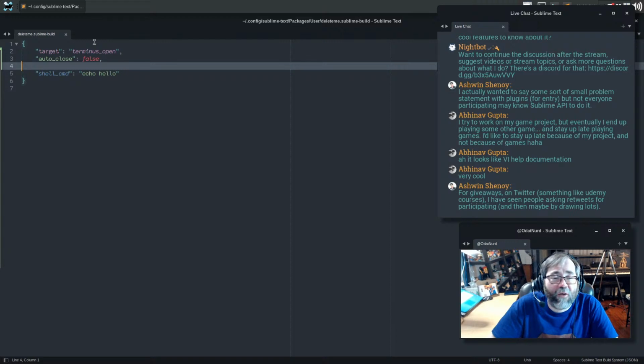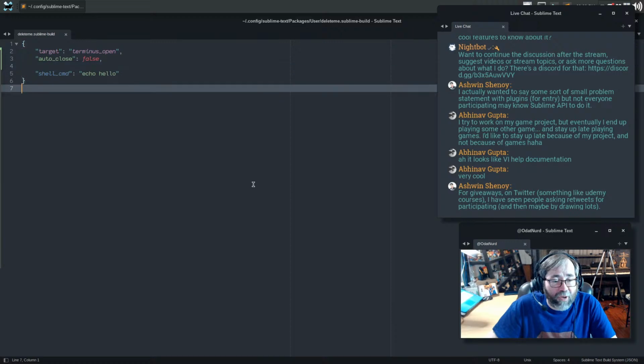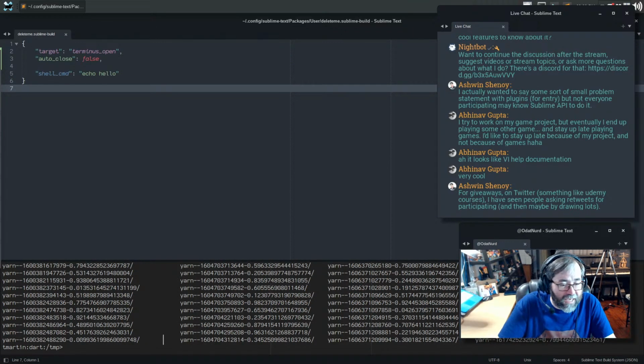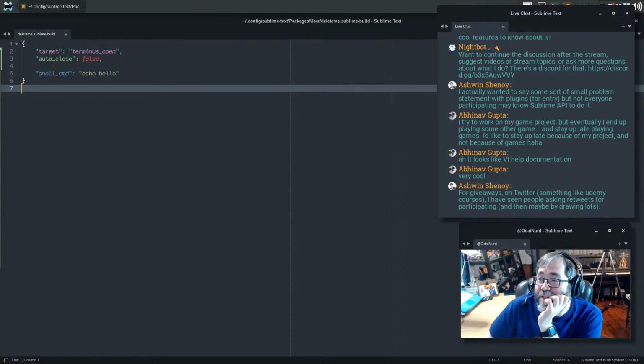Personally, the reasons that I use something like this, I do still use clearly standard terminals for a lot of stuff. If I was doing something in a more long-term fashion, I would run it there. But there's no denying that being able to quickly hit a key and run a couple of simple shell commands and then exit and be back in Sublime without alt-tabbing away can be a real time saver if you're into that sort of thing.